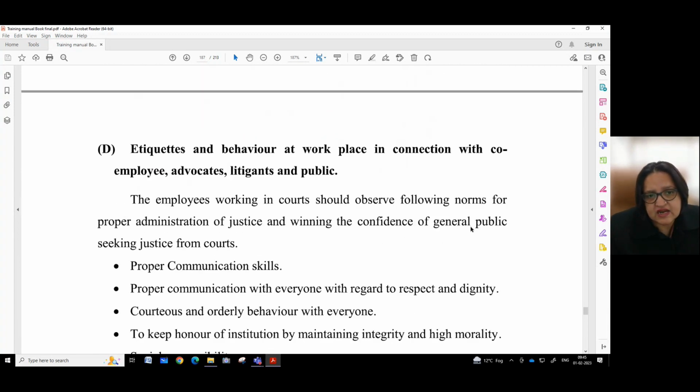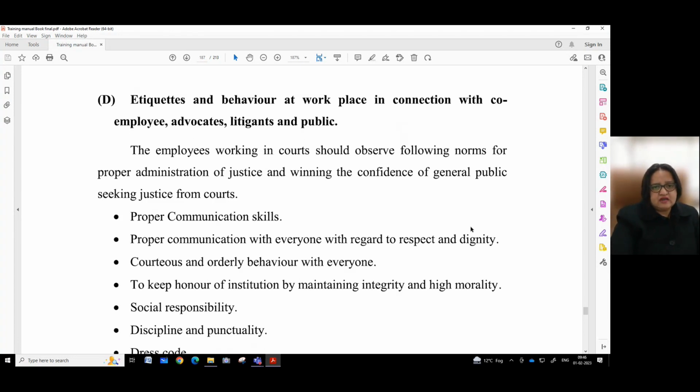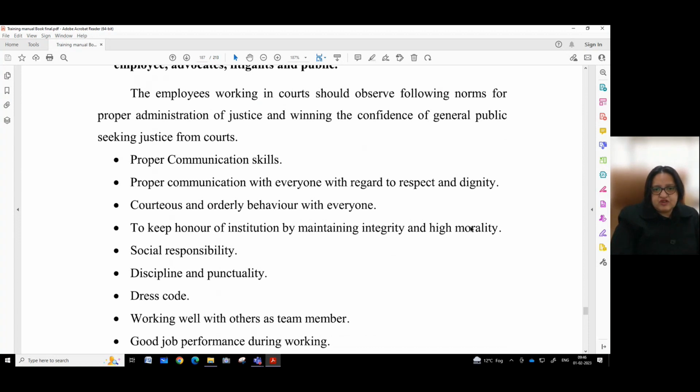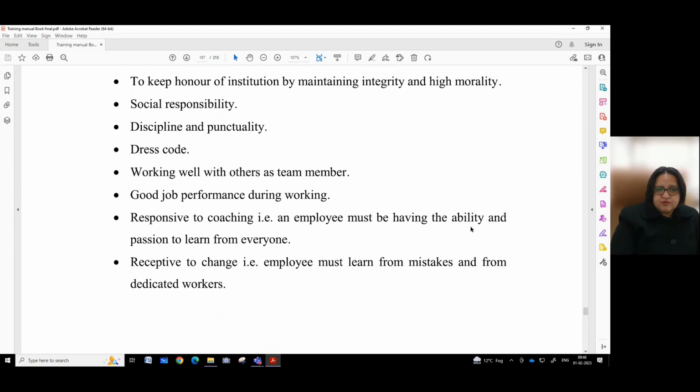Part D. Etiquettes and behavior at workplace in connection with co-employee, advocate, litigants, and public. The employees working in courts should observe the following norms for proper administration of justice and winning the confidence of the general public seeking justice from courts. Proper communication skills, proper communication with everyone with respect and dignity, courteous and orderly behavior with everyone, to keep the honor of the institution by maintaining integrity and high morality, social responsibility, discipline and punctuality, dress code, working well with others as a team member,